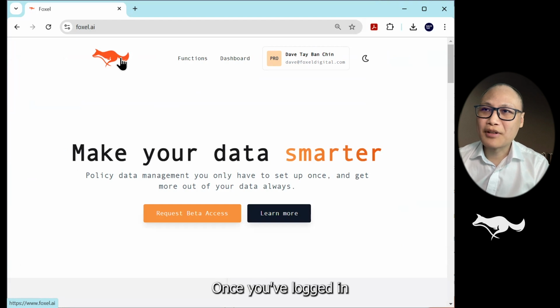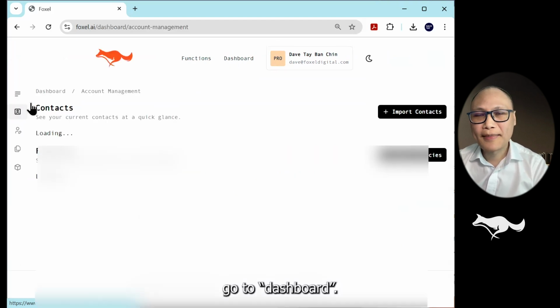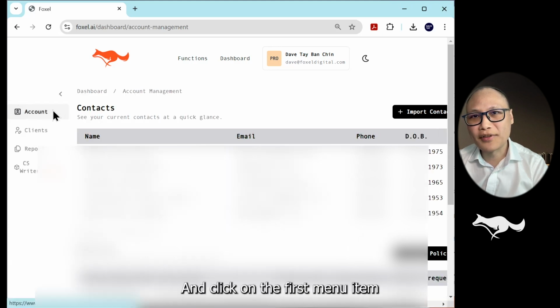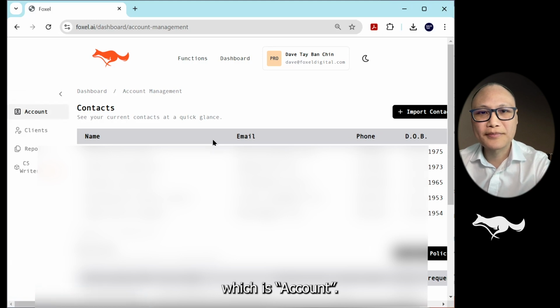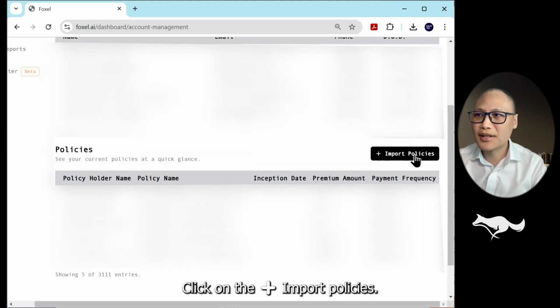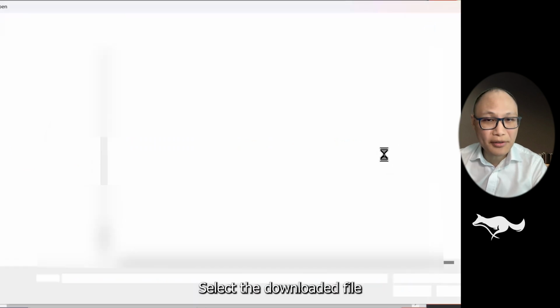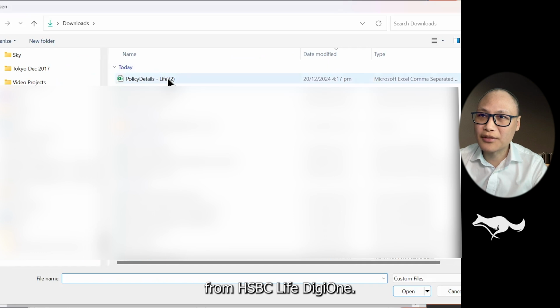In Foxel AI, once you've logged in, go to Dashboard. You can expand this if you're not familiar, and click on the first menu item, which is Accounts. Click on the plus Import Policies. Select the downloaded file from HSBC Life DigiOne,